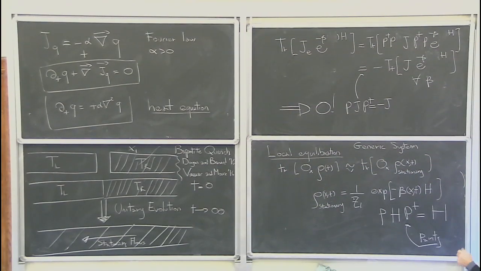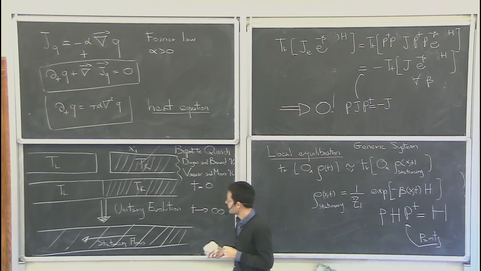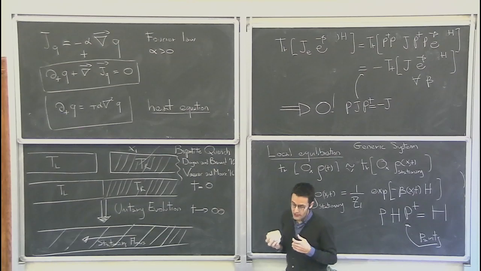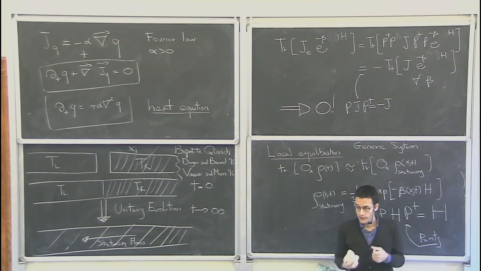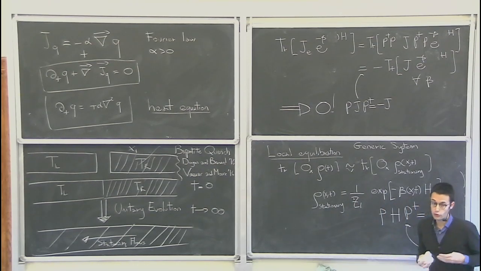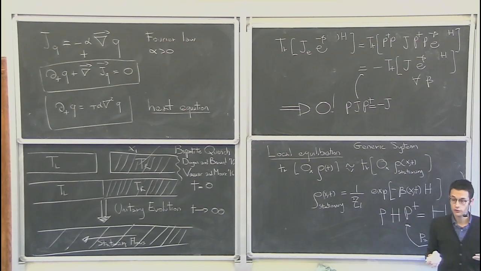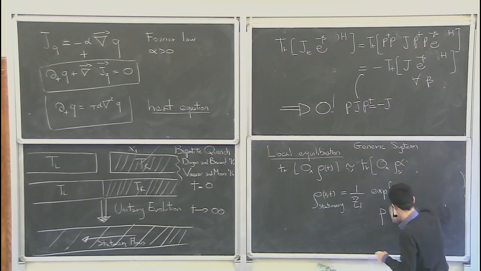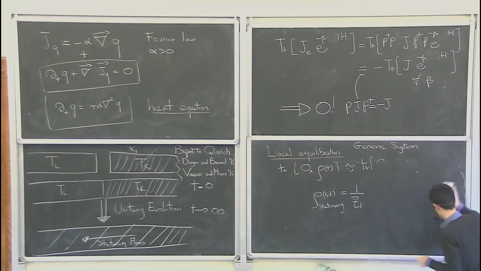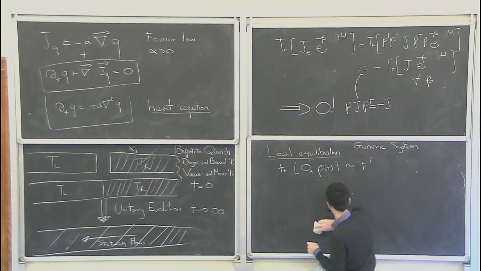Good. But I was saying, nevertheless, there is a special class of systems called integrable systems where I have a macroscopic number of local conserved charges, and I always have something odd, even on the lattice. So I don't need to have the momentum. And for those systems, all these arguments will not hold. In particular,